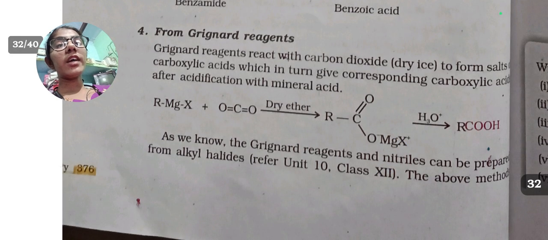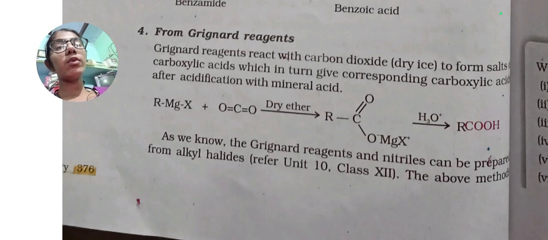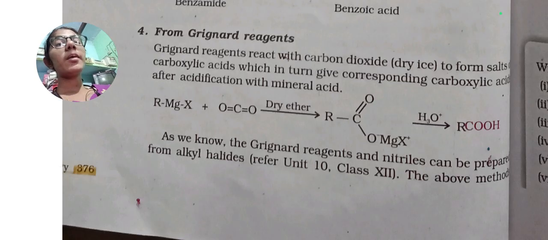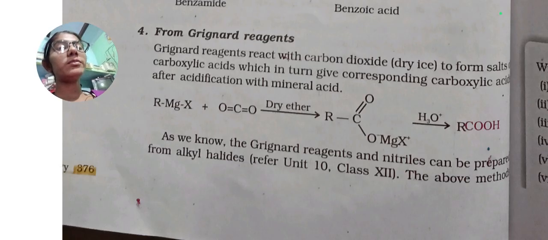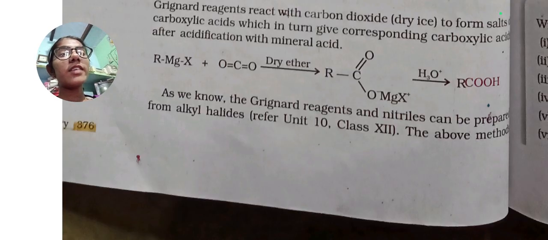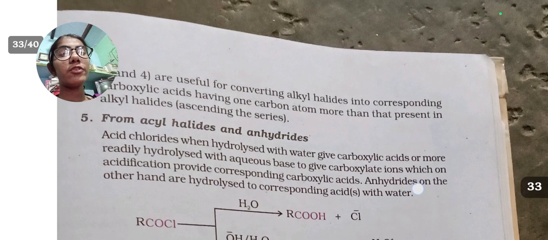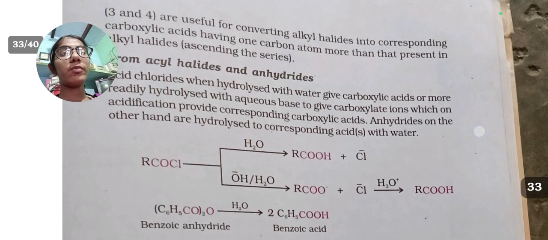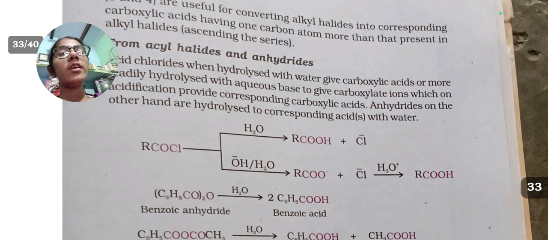In the RMgX plus O=C=O (carbon dioxide) in the presence of dry ether, they form R-C(=O)-OMgX, which then reacts with H3O+ to form the carboxylic acid. As we know, the Grignard reagent and the nitriles can be prepared from alkyl halides. The above methods are useful for converting alkyl halides into the corresponding carboxylic acid having one carbon atom more than that present